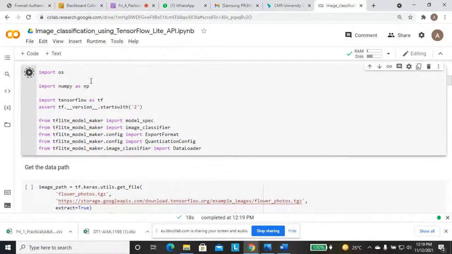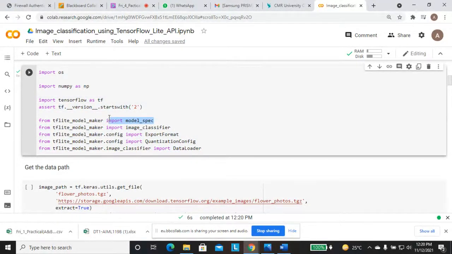Afterwards, we are importing these files. First OS, the operating system, because it is a Google Cloud online platform. When we import the OS, every feature of the operating system can be used in our notebook to implement the image classification. We are importing NumPy as np, then the main part: import TensorFlow, which is a package, as tf.